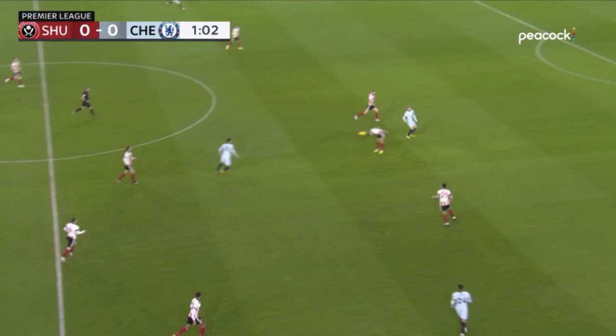So now we have our players. So we have Olivier Giroud, Timo Werner, Reece James, and then we obviously have Mason Mount, who we just saw, and Azpilicueta, who played the pass. But around the ball,